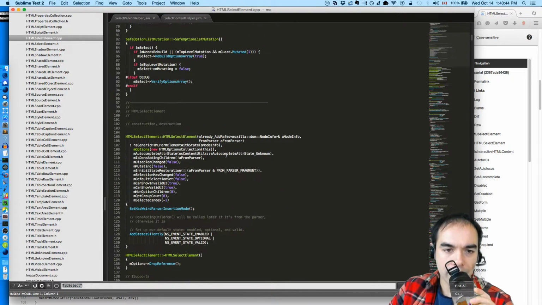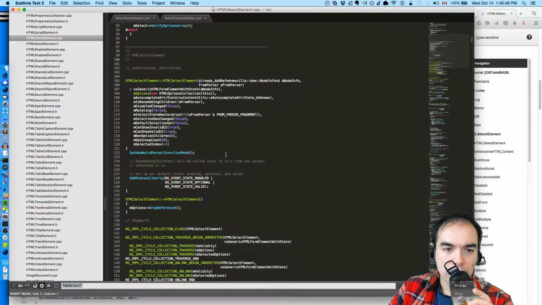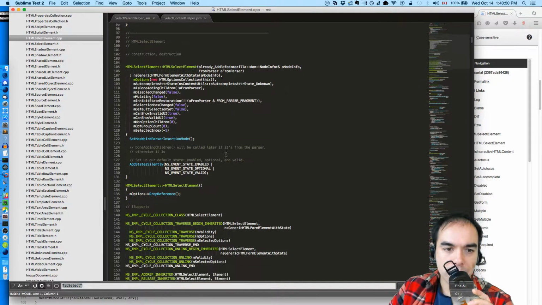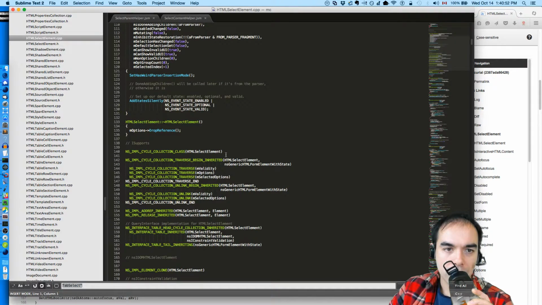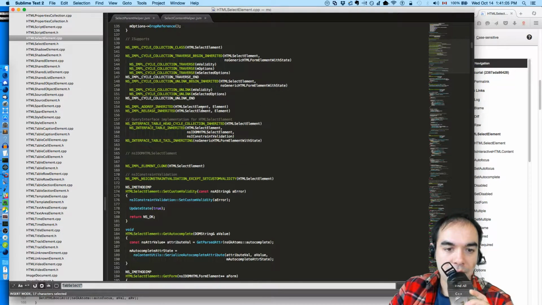So what are we looking at here? Set as weird parser insertion mode. Oh, set up our default state. Enabled, optional, and valid. Add states silently. That sounds interesting.